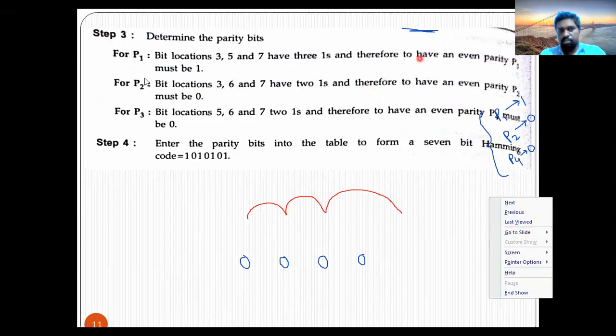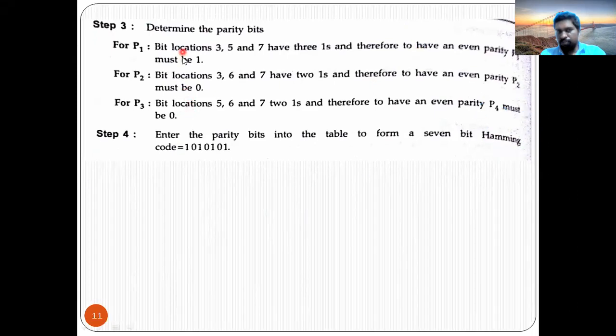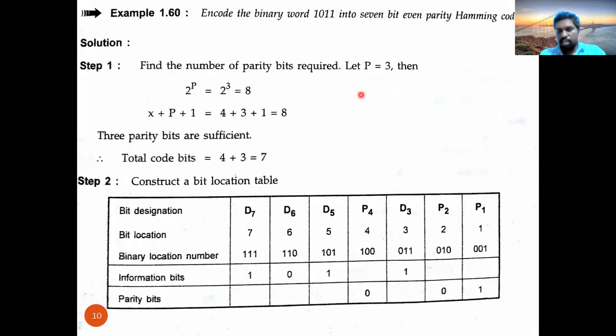See here. So this is the method I have explained to you. You write that in theoretical format and your answer will be 1, 0, 1, 0, 1, 0, 1. Okay. So this is the first model. That means when only the information is given and they ask you to find the Hamming code. And there is one more model. The Hamming code will be given to you and they will ask you to find the error. Okay.